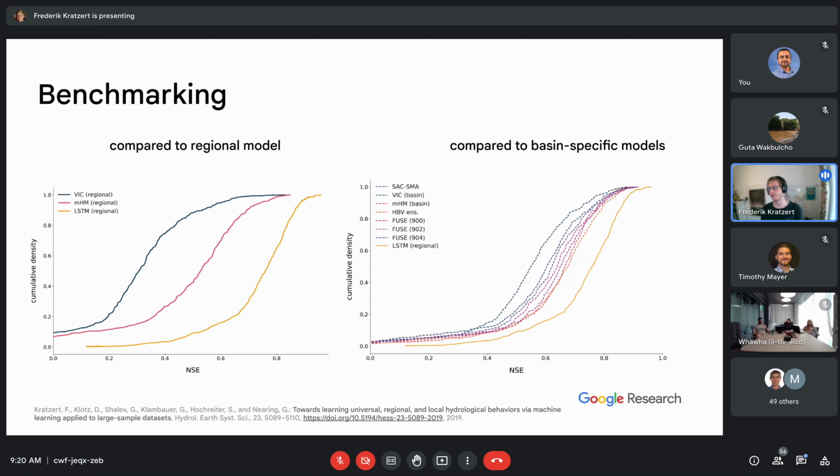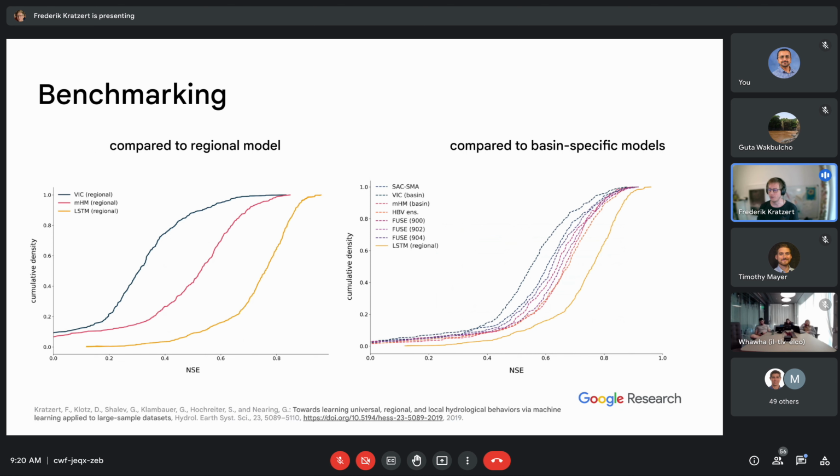It's the two models that we have seen before, and the yellow line is the LSTM. And even if we compare on the right-hand side the regional LSTM to per basin calibrated hydrology models, all of these dashed lines, we can see that the LSTM is still better than the best practice for hydrology models. And all of these benchmark models were trained by experts of these models or the model developers themselves on the same data, the same period.